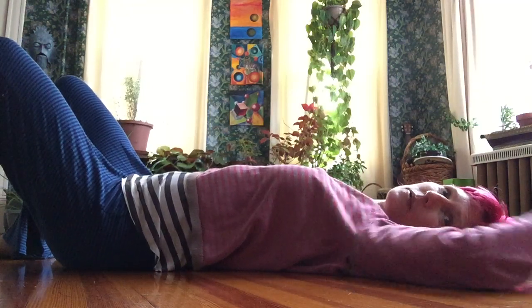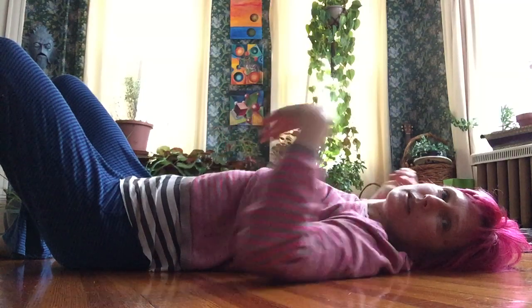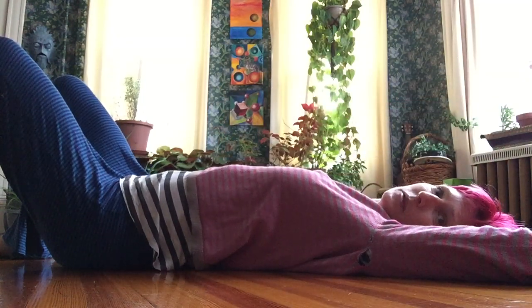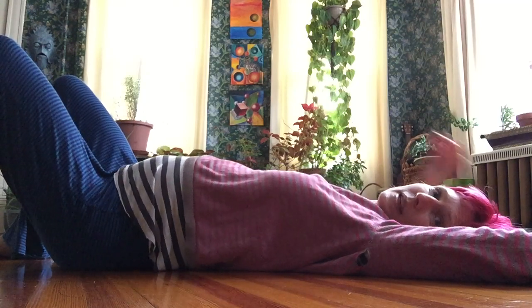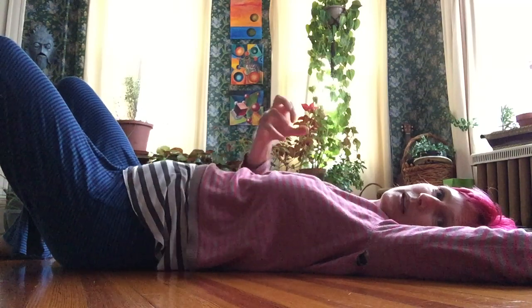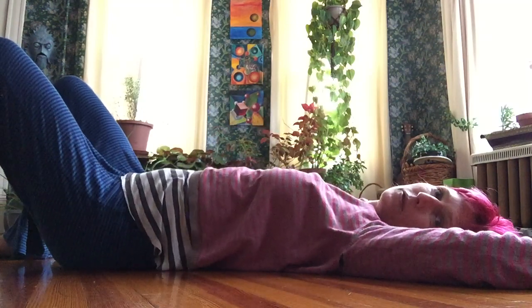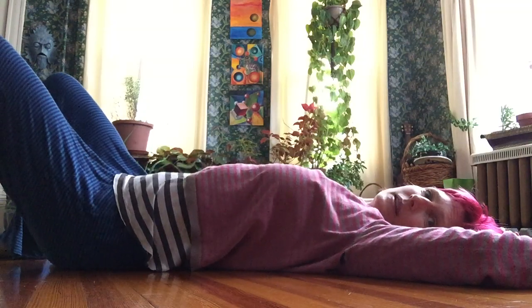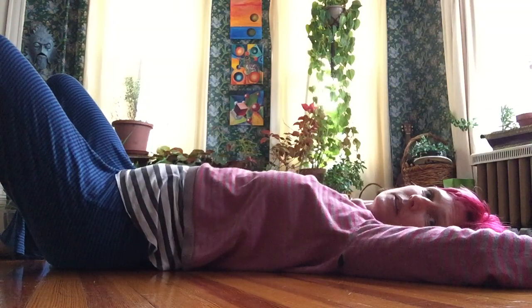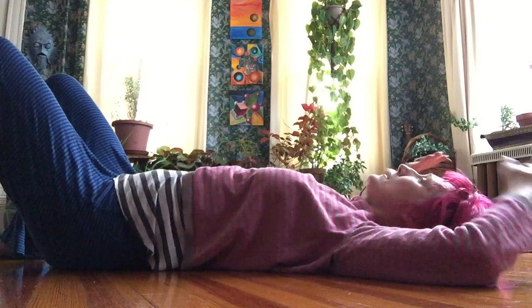So I'm just going to start with my arms over my head. I'm really close to the camera right now because this is the hard floor part. I'll be moving away in a minute, and I'm just going to let my pelvis free up, and that means I can stick out my belly. I'm not trying to engage and contract. I'm trying to release and make my body more fluid. So I'm sending little ripples and waves through my body, working through my back. I'm going to take my head so that I'm facing up